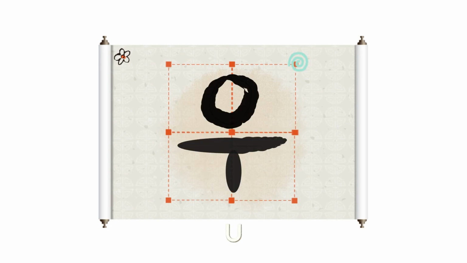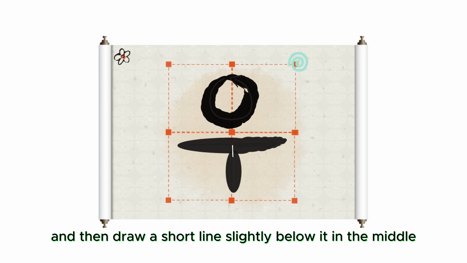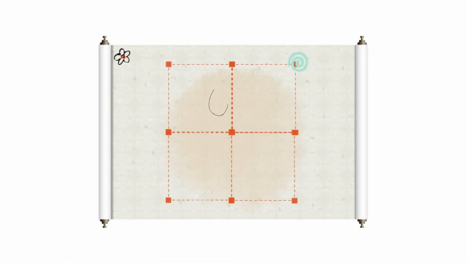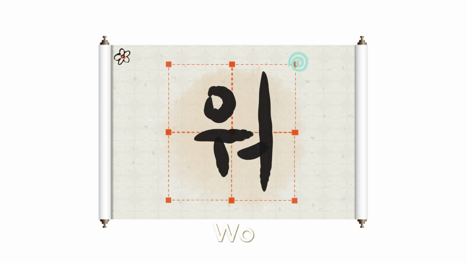우, Draw a long line and then draw a short line slightly below it in the middle. 우, 워,